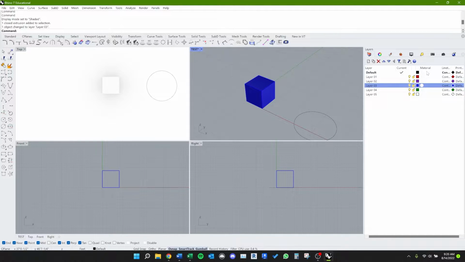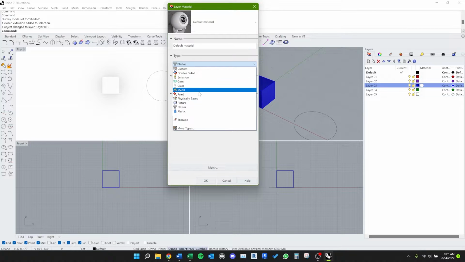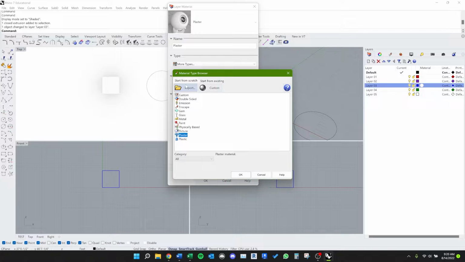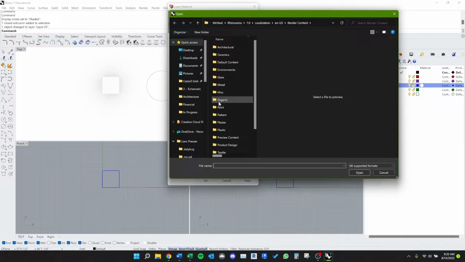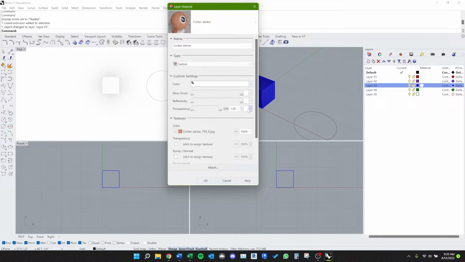The material is what it will actually render as. If you click on this, there are options here for different basic default ones in Rhino. You can also go to more types and go to import, and you'll get this whole library of stuff which you can go to and just pick one. There's other options here to change some things if you want to. I don't recommend messing around with these too much, at least the preset ones, just because they're generally fine, and messing around with them might mess up